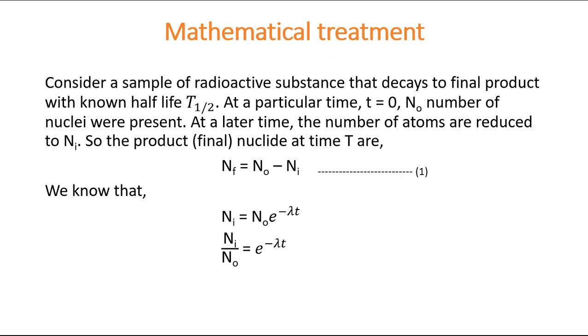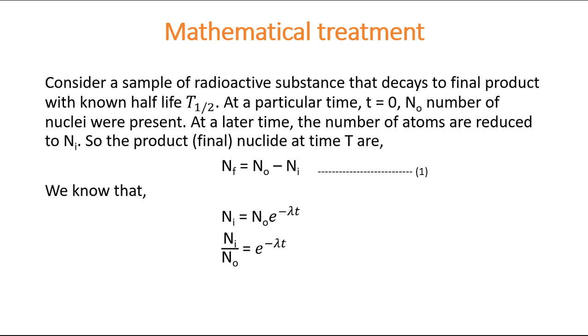So here is some mathematical treatment. Consider a sample of radioactive substance that decays to a final product with the known half-life T half. At a particular time T naught, N naught total number of nuclei are present. At a later time, the number of atoms is reduced to Ni. So the final product nuclei at time T will be Nf equal to N naught minus Ni. By using the radioactive decay law, Ni equals N naught e to the power minus lambda T,